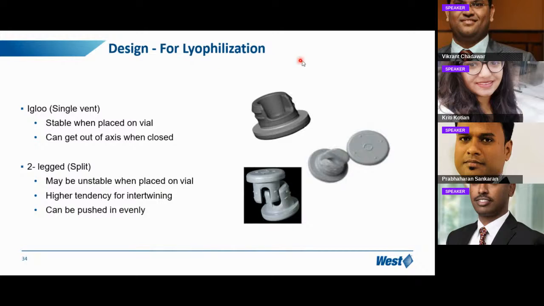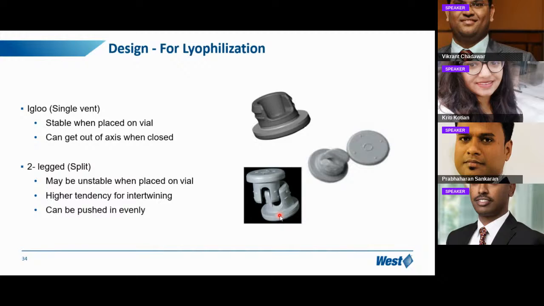Moving to lyophilization. The single vent is called an igloo design. If you can see, it looks like an igloo. That's the reason we call it the igloo. It is stable when placed on the vial and can get out of the axis when closed. There is another version, a two-legged, meaning you have two legs on the stopper. There are advantages and disadvantages of each version. So single vented or igloo is the one which we generally recommend